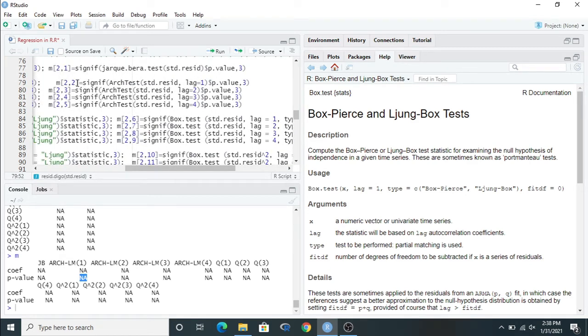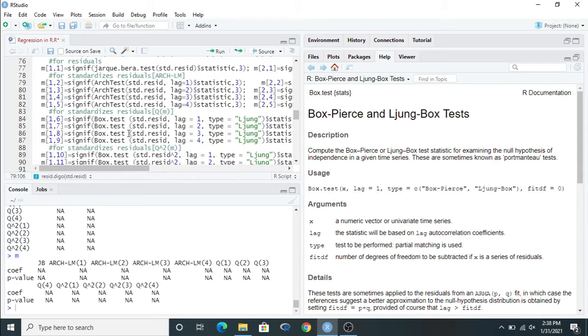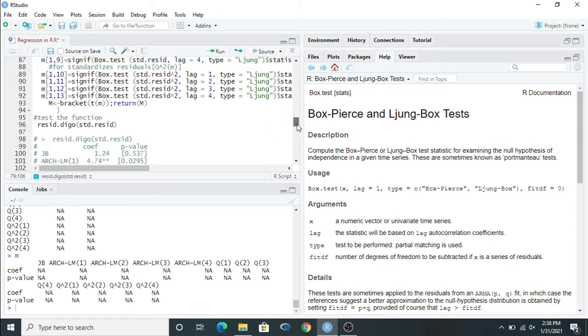So for this we can use the second row and second column, and here I have used the same process, but instead of statistics this indicates your p-value. In the same way you can store all these values. Suppose we can say the ARCH LM test for the second lag, third lag, fourth lag, Ljung-Box Q statistics result for first lag, second lag, third lag, fourth lag, and respectively we have completed all.